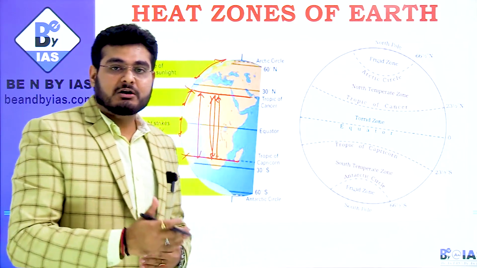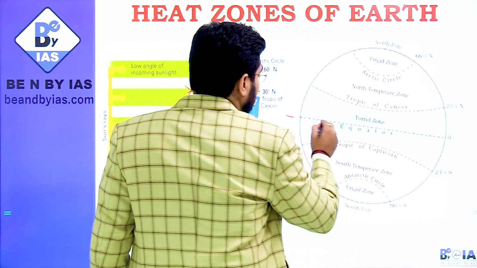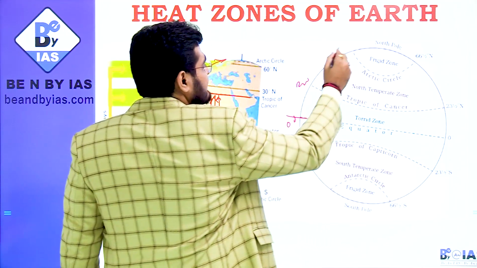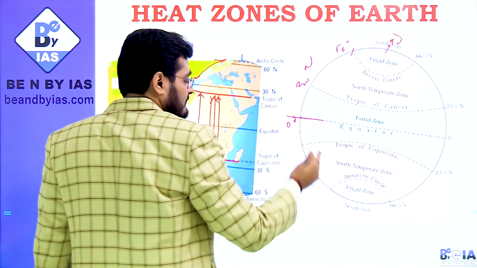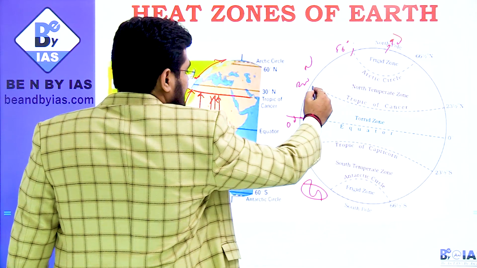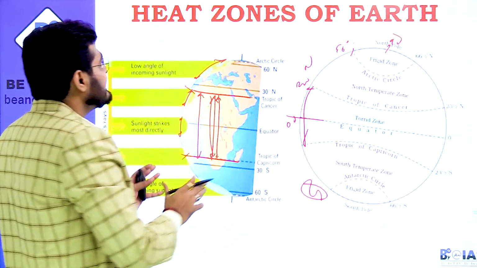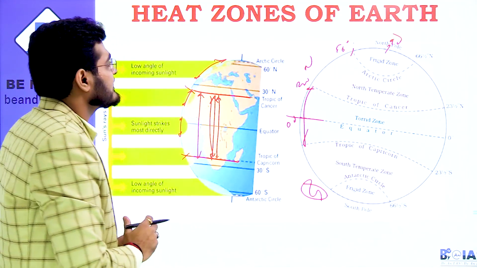इक्वेटर के ऊपर आप जैसे ही जाओगे और हीट होगा, तो all these things are the reason, and this is how the zones are created: 0 degree, 23 degree, 66 degree and half, and then this is 90 degree, all northern hemisphere, and this is all in the southern hemisphere. So this is how we decide the heat zones of earth. This is how it is done. It is very basic and you all must be understanding it.